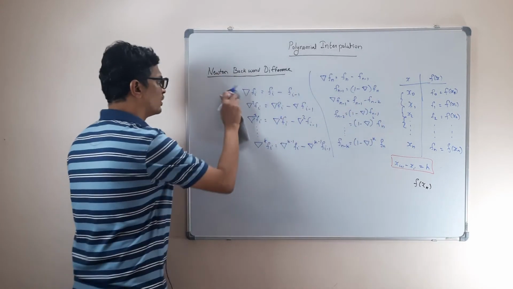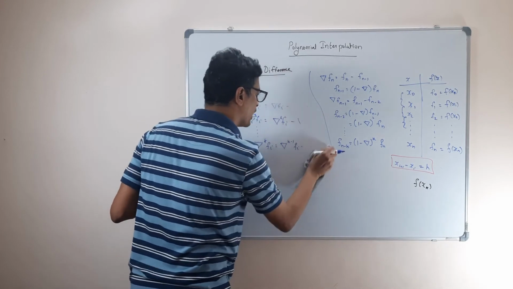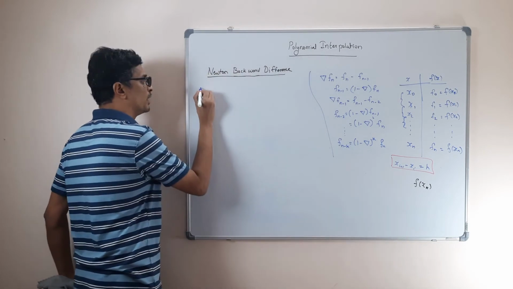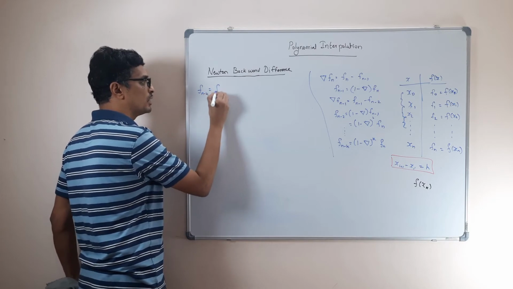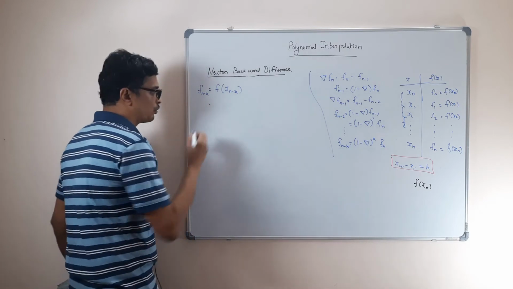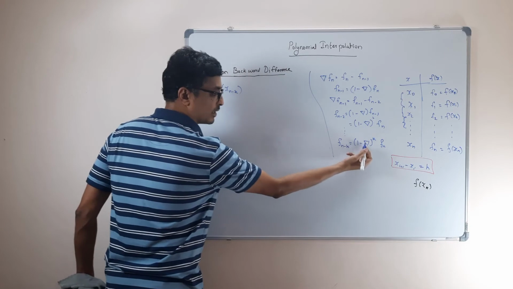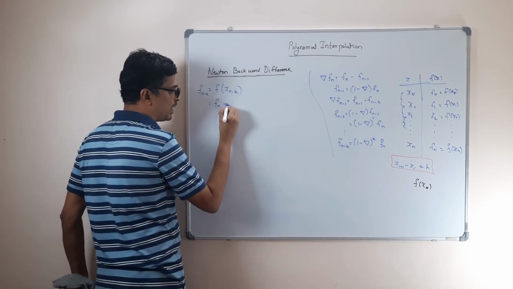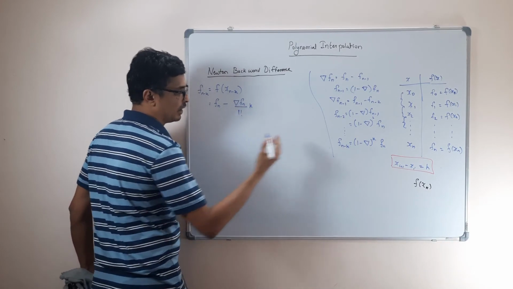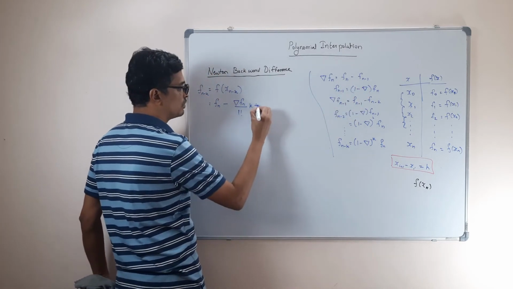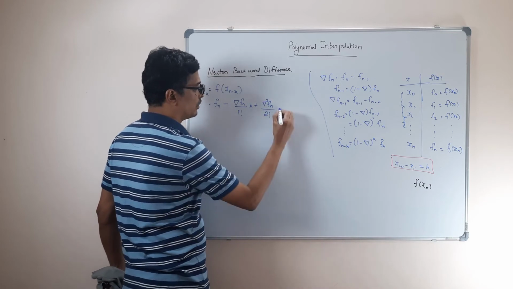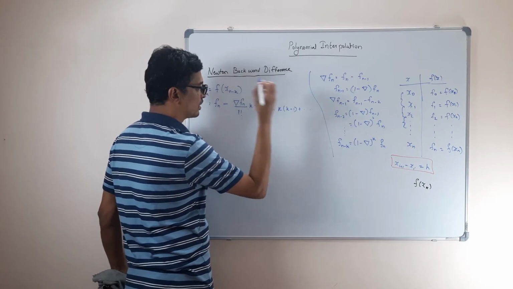We'll proceed the same method how we were doing it earlier. Let me try to expand f of n minus k as a binomial series. So what am I going to do? We have f of n minus k, which is nothing but f of x of n minus k, and if I want to expand this in binomial series, what you are going to get is f of n. Since here it is minus, you get minus del f of n by 1 factorial into k, and the second term will become positive because del square will come out, del square f of n divided by 2 factorial into k into k minus 1, plus it keeps on going,